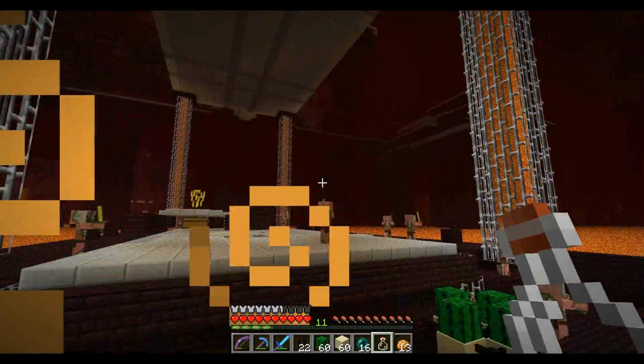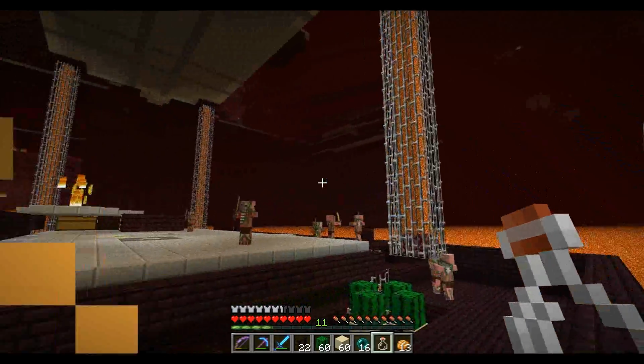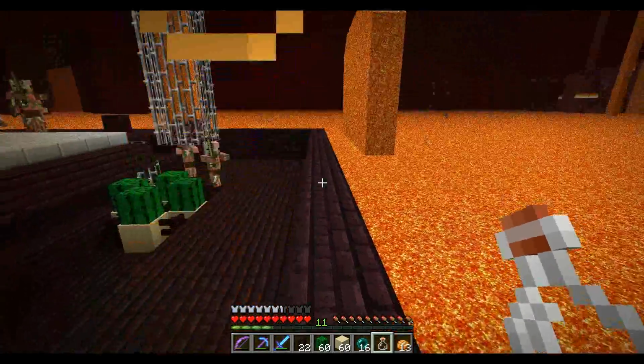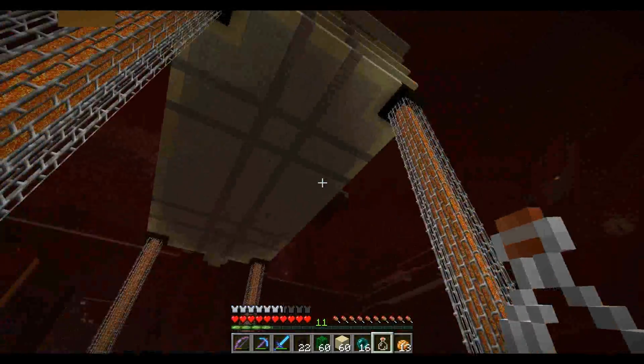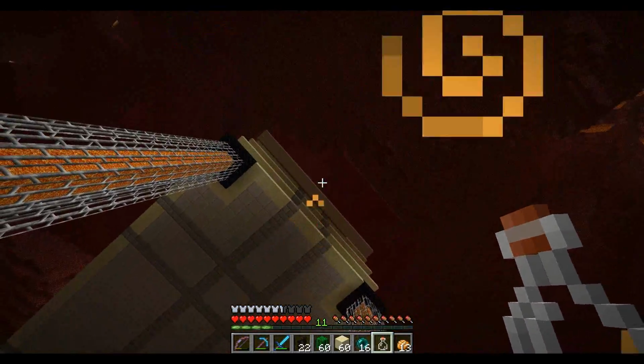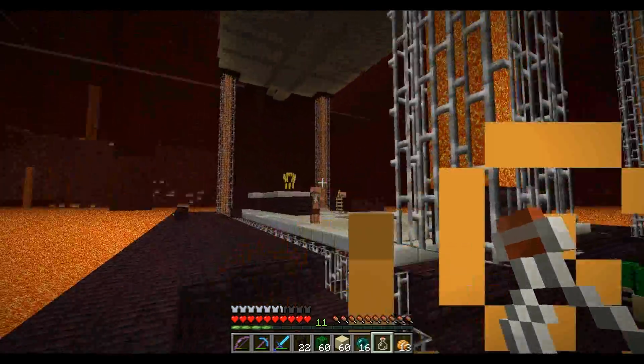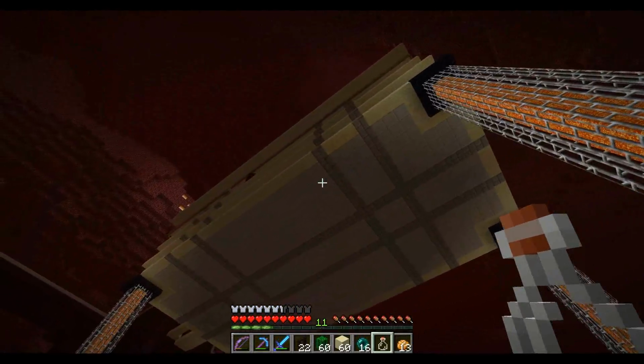I do expect to be using fire potions when I do farm this anyway, it's just so cheap to do. So this wall will go up, so this whole area here will be caged in basically, it'll be a closed system, and they won't be able to spawn on top. This will go all the way to the roof, and the last couple of things I have to do is make a way up and down,